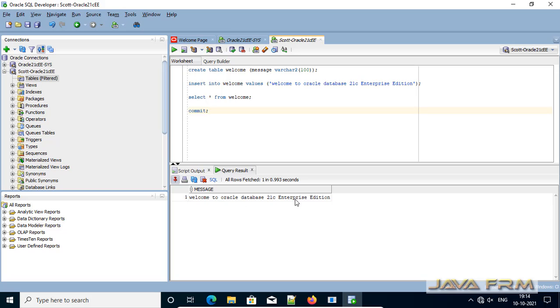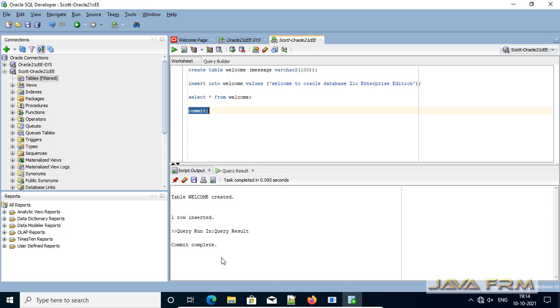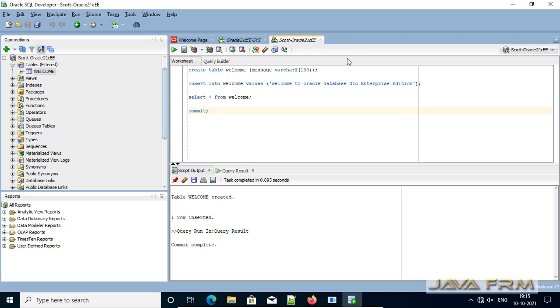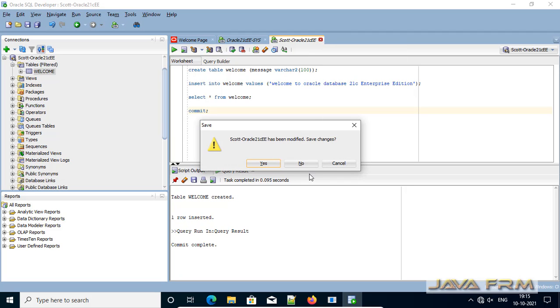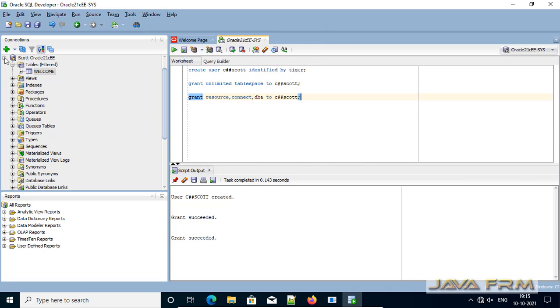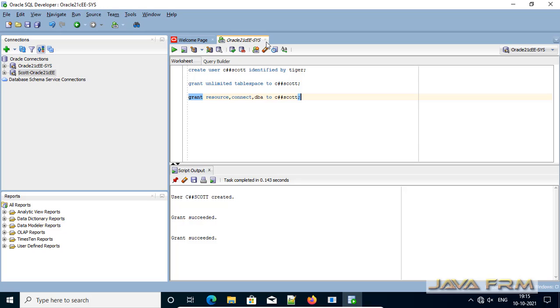Yes, so I am able to insert and select the records using the c##scott user. I can view the tables also. So everything is fine now. Okay, now the next step is very important. We are going to connect to the pluggable database called ORCL PDB, which is installed by default.